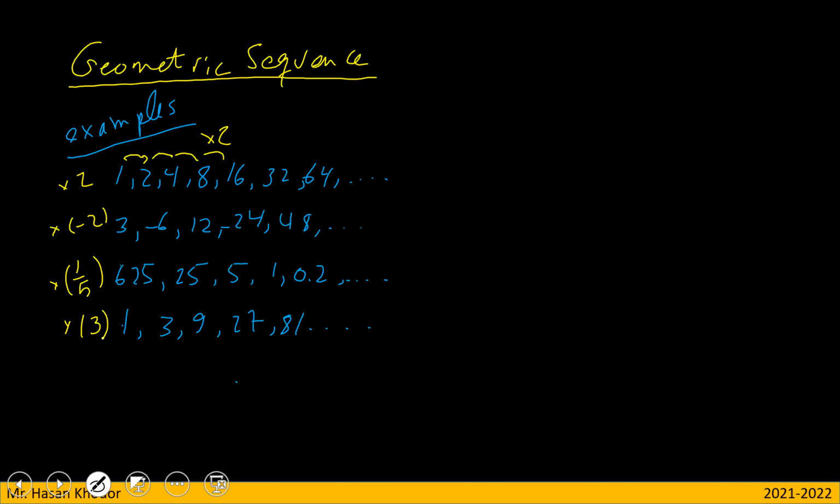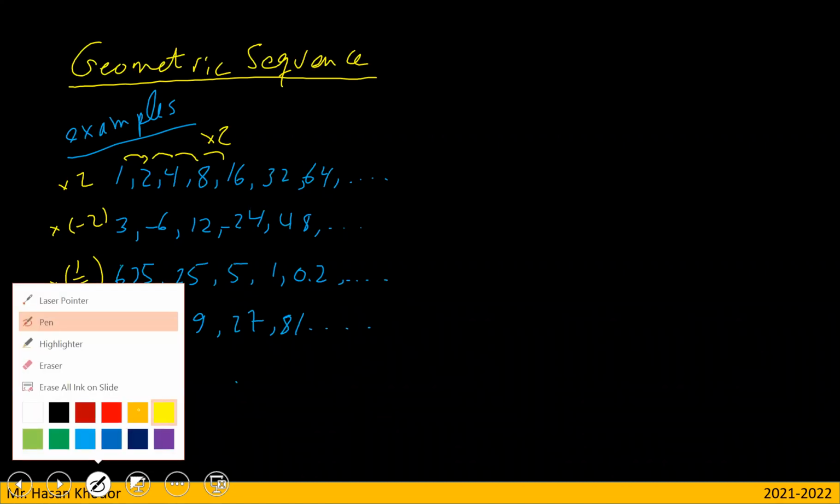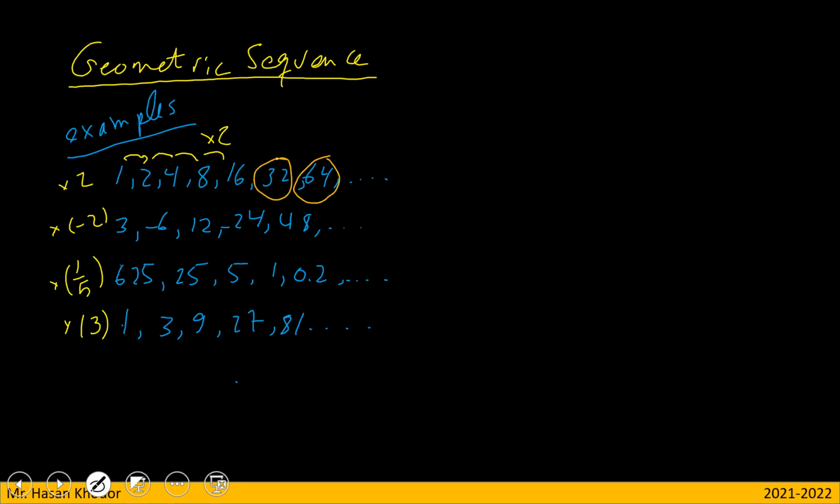So in the arithmetic sequence, we were adding numbers. In the geometric sequence, we are multiplying. But here now, we think about how to get a term from the previous term. That is, how to find 64 starting from 32. That is, we say 64 is equal to 32